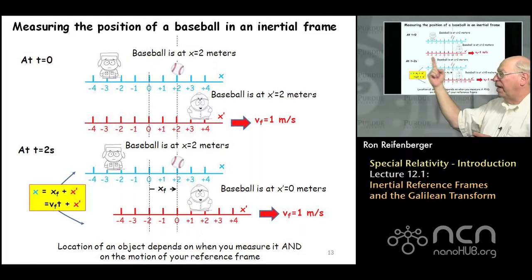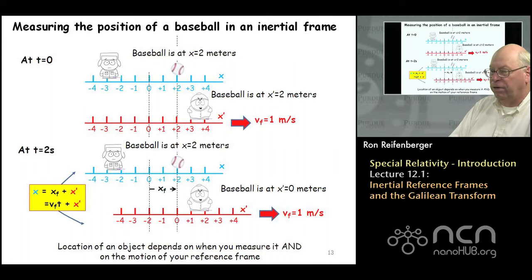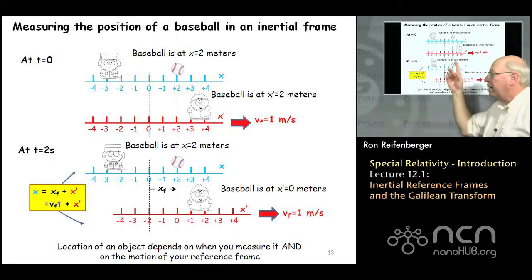Another reference frame is indicated by the red reference frame. The red reference frame has a red ruler associated with it. And anybody in this reference frame is moving past the blue stationary frame at, let's say, a constant velocity, in this example, of 1 meter per second. Okay? So at the particular instant in time when the two origins of these two rulers happen to line up,